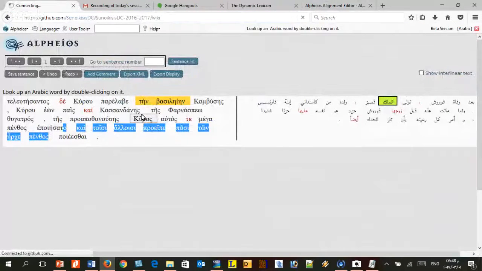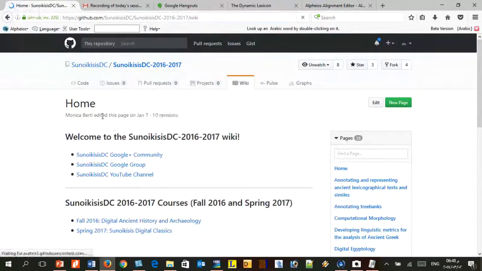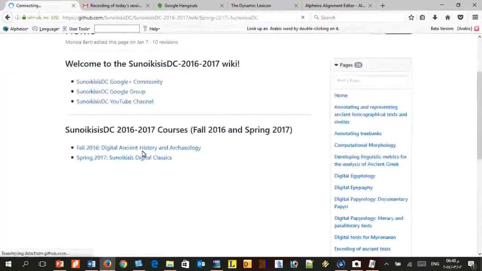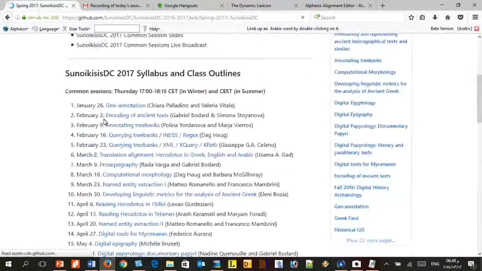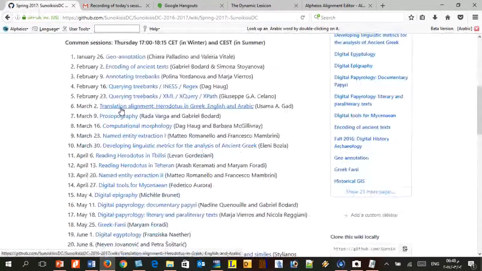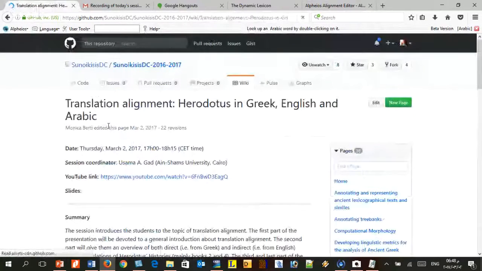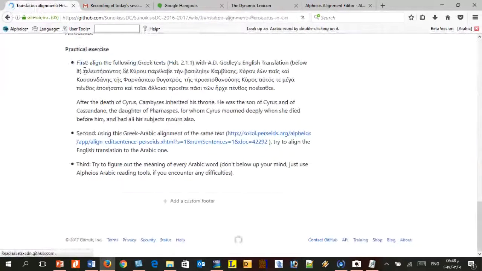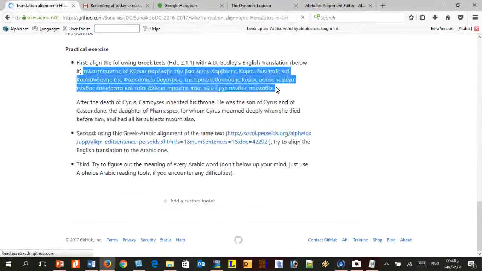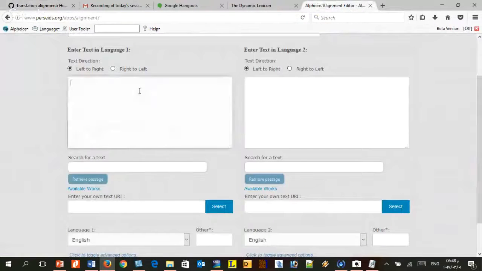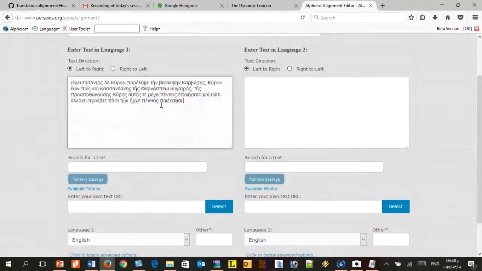You go to translation alignment, scroll down to the Greek text, and then copy, go here, and paste.